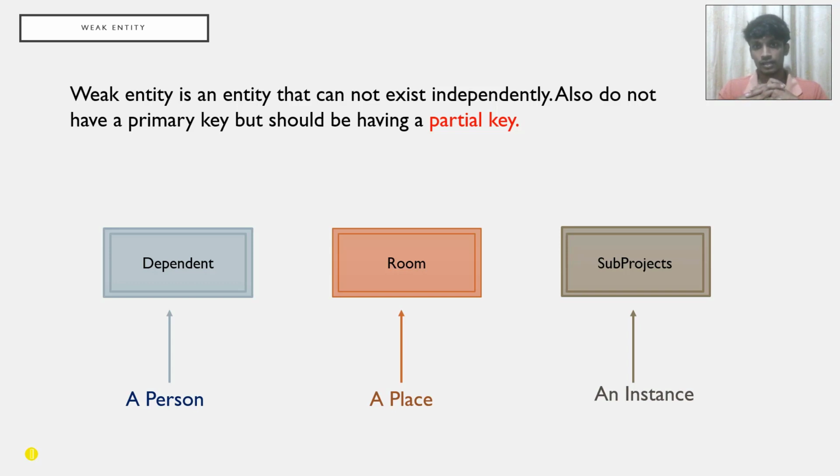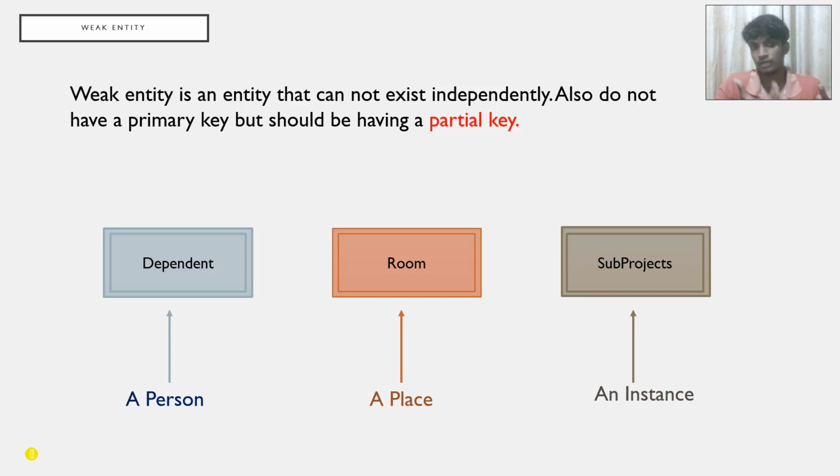And there is no primary key, because if there is a primary key, then it becomes a relation. If it becomes a relation, which means it automatically becomes an entity, a general entity, then it normally becomes a strong entity. That is not what we want. We want to make a weak entity, which means a dependent entity.